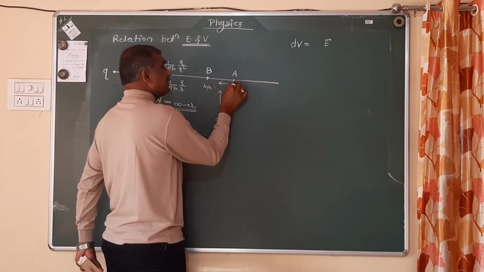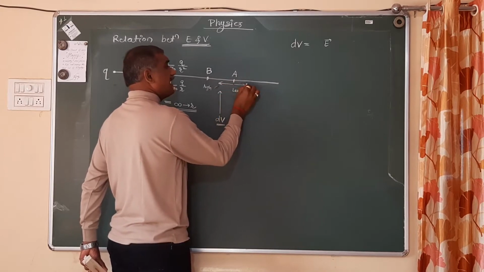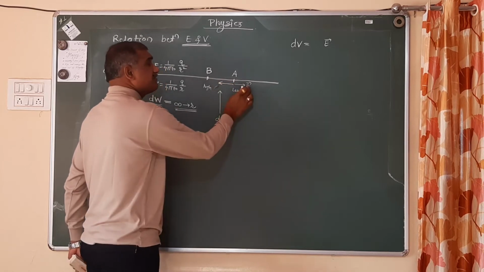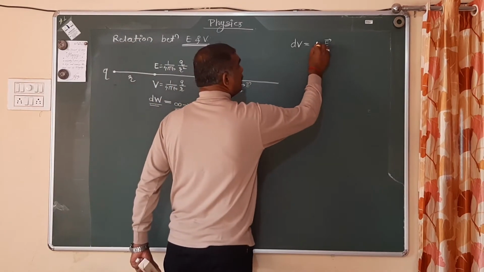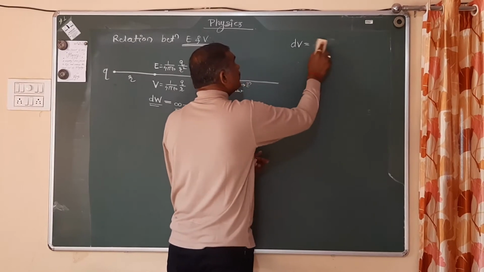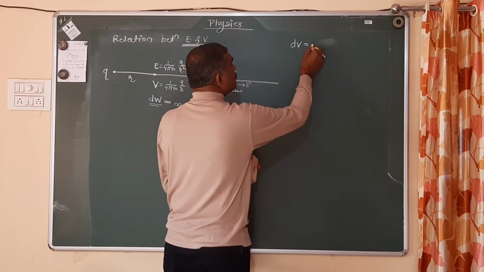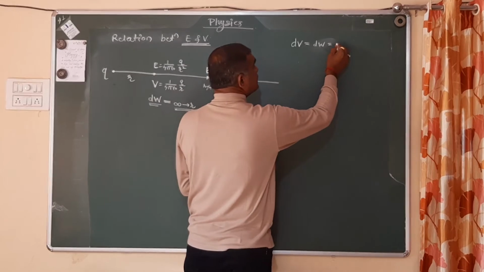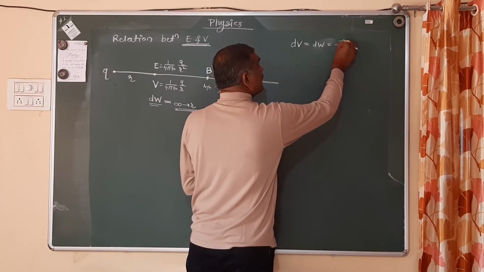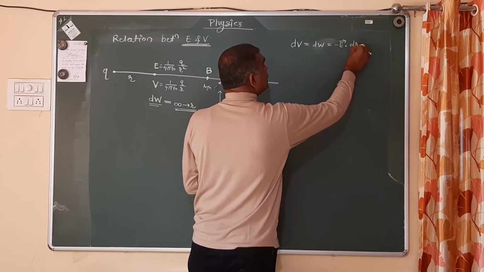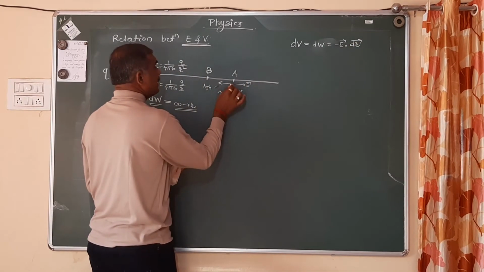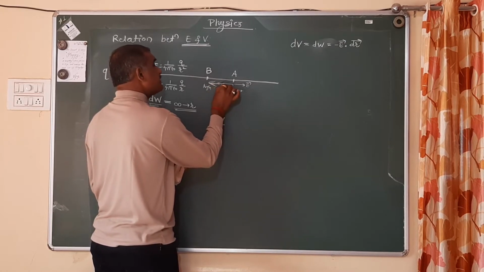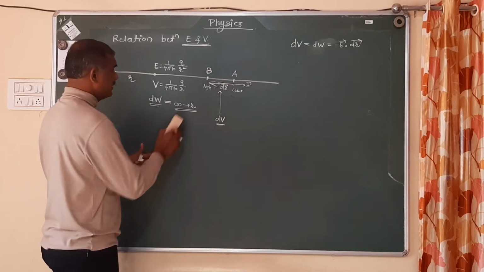force in the opposite direction. At this point, the electric field is acting in the outward direction, that is vector E, and therefore the opposite force on 1 coulomb charge is minus E. That potential difference is equal to the work done in moving 1 coulomb charge from A to B, and that is equal to force, minus E, and displacement, dr. From this point A to B, the displacement is considered as a vector dr. You have to remember these things.